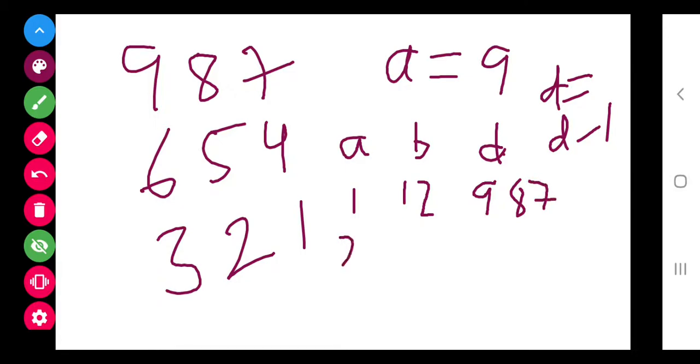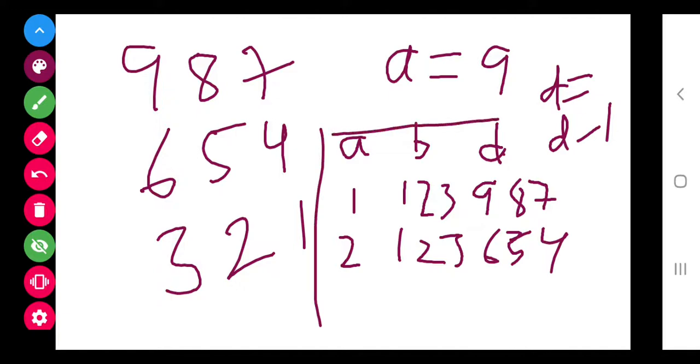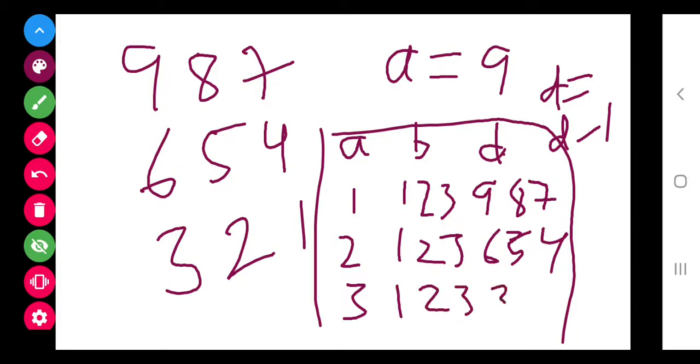Then next time it will be 7. Now next time the loop will start with A equals 2 and B equals 1, then B equals 2, then B equals 3. For that, 6, 5 and 4 will get displayed. Similarly, when A will be 3, B will run from 1, 2 and 3, then it will be 3, 2 and 1.